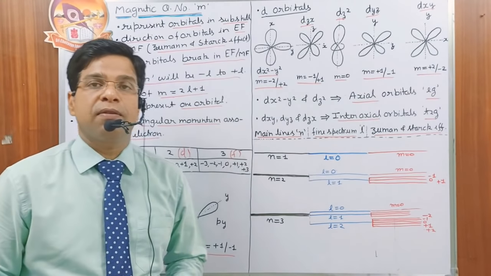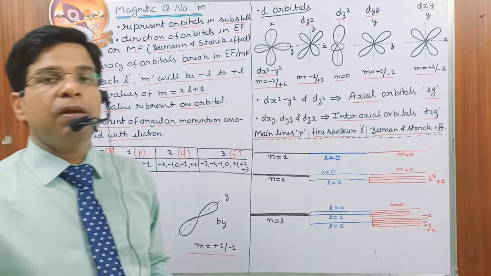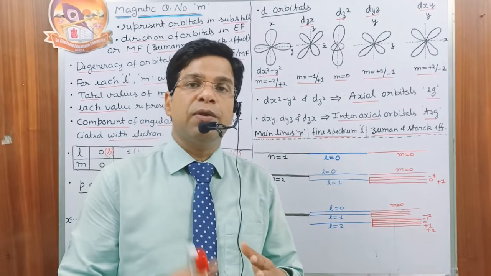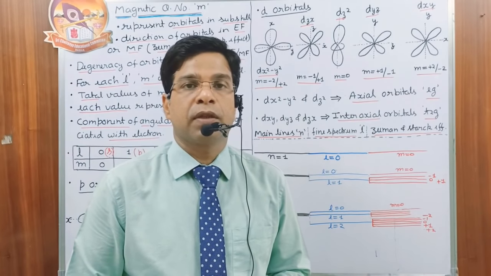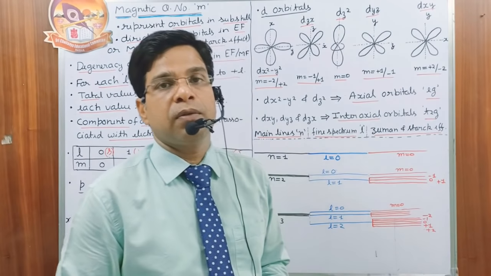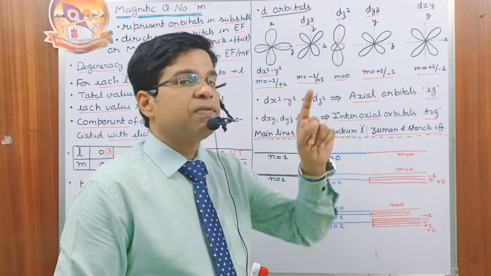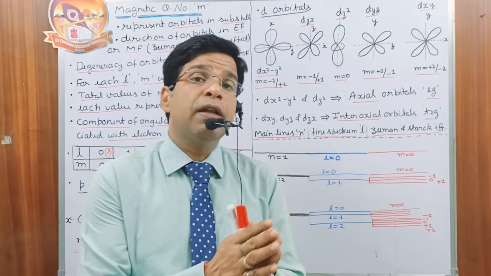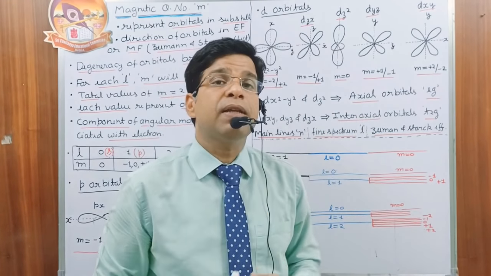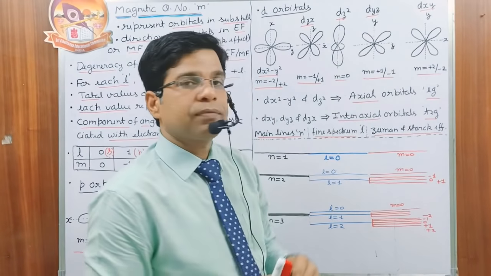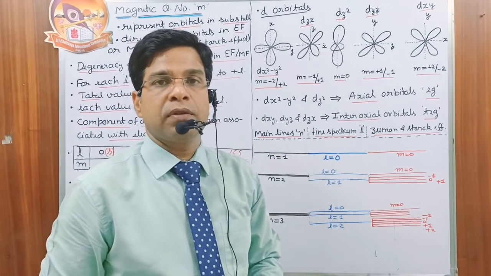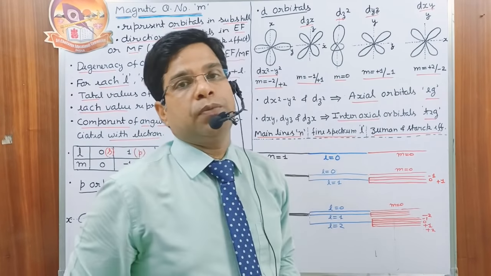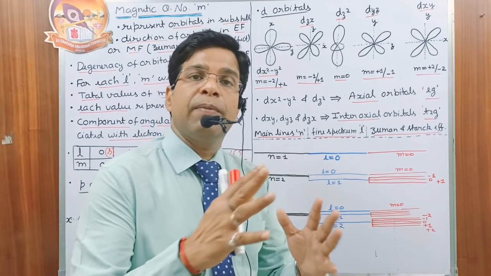Now the d orbitals, we have 5 d orbitals. The shape is double dumbbell except for dz square. Dz square is the orbital which is only present on the z axis. It only has the component of z, so the value of M is fixed for it. Its value of M is always 0. Then the other two orbitals which also have one component of z, like dyz and dxz, must be near 0. Then their values of the magnetic quantum number also become fixed.